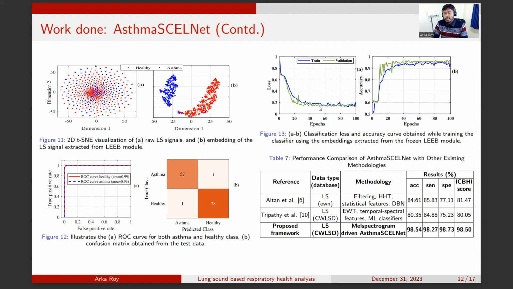Over here we can see that within a very small number of epochs, we are getting very high accuracy. To illustrate the same, we have used the ROC AUC curve and the classification confusion matrix. We can see that we are getting very few misclassification errors. And to quantify these things into numbers, we have again done analysis using accuracy, sensitivity, etc. We can see that our model is achieving 98.54% accuracy, and we are beating each and every method that has been proposed in the literature, setting a margin of around 24% to 28% for asthma classification.